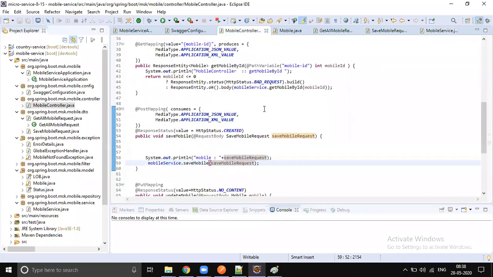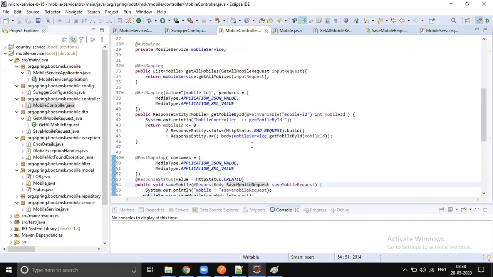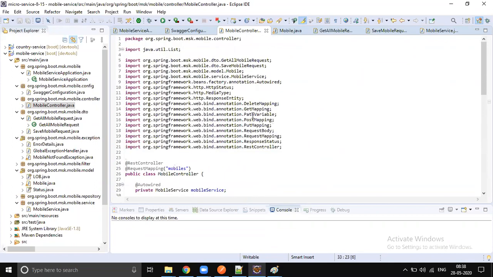So our controller class save will take the save mobile request, not the mobile. We will remove the mobile model from all the places where we are using it, so that this class itself is not used in the controller.